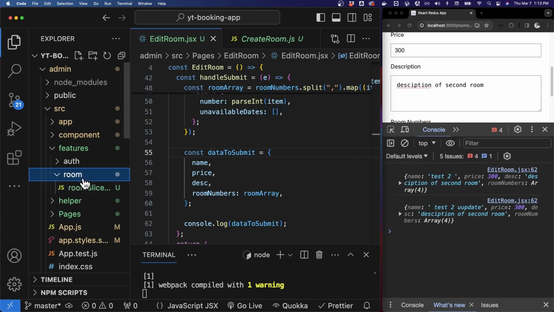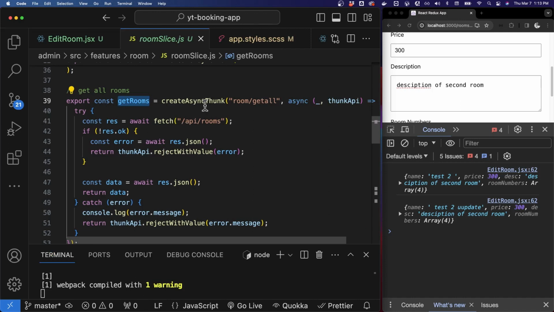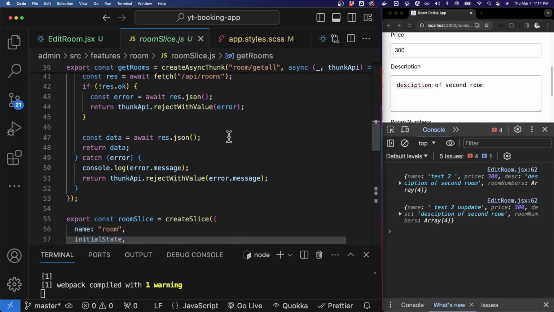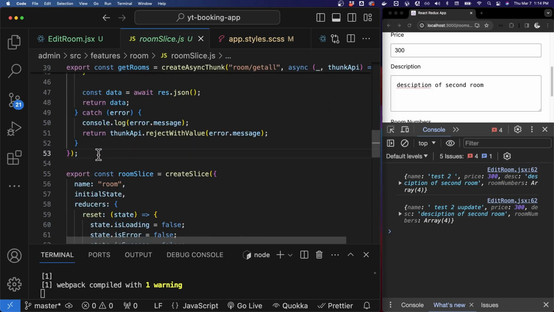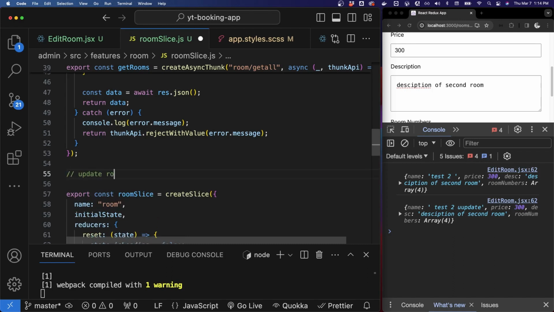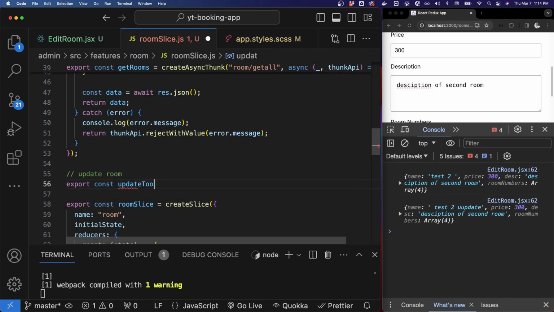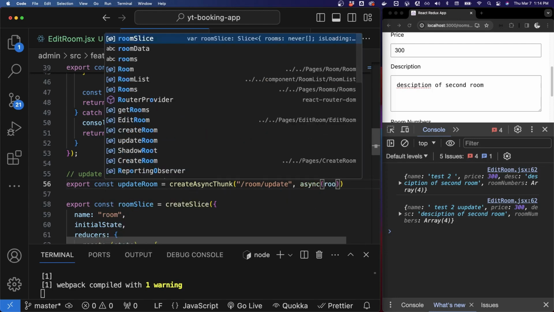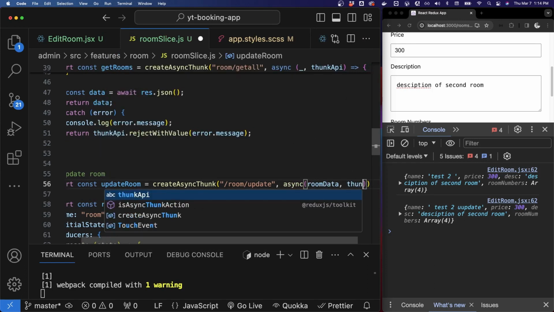So sorry about that. So inside the room slice, let's create the function to update the room. So I'll say update room will be export const update room will be create async thunk, taking a room, and now will be an update, and then should be an async function with room data and then the thunk API,